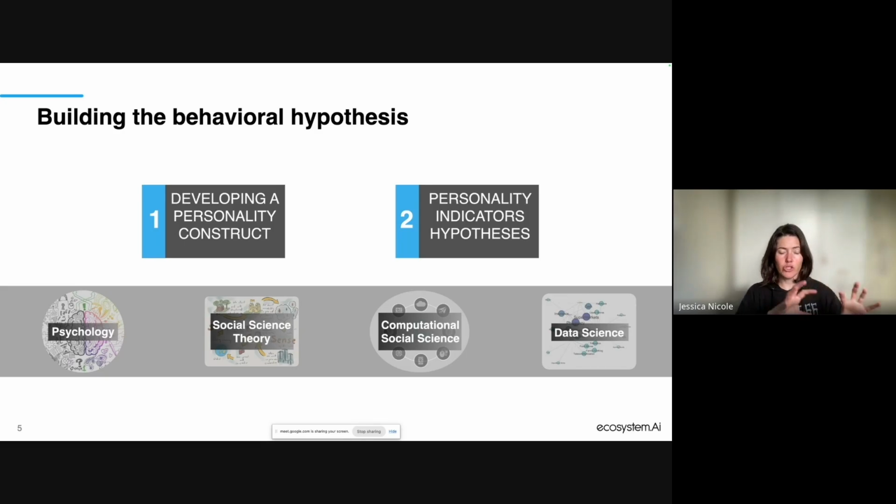So we've got two elements which come from the real world, which is psychology and social science theory. So these are very much based on human behavioral interactions. So psychology, I mean, you've obviously got Jung, who's one of the godfathers of psychology, human decision-making. There are elements that come from the ocean model, which help us to define what it is that you can actually call a personality on a spectrum, rather than just saying, okay, cool, you are introvert or extrovert, which is very final, very finite. And so you need some kind of flexibility within that.